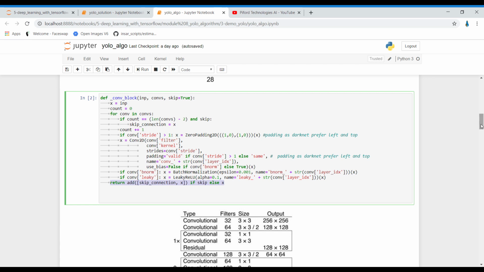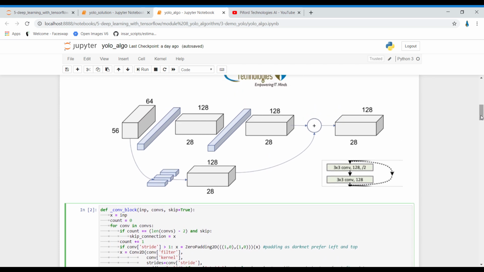Let me explain this particular thing with this figure. Suppose the input image is 56 by 56, right? We pass this input image through the first layer and then the second layer, and finally we get an output of 28 by 28, but the actual input is 56 by 56.